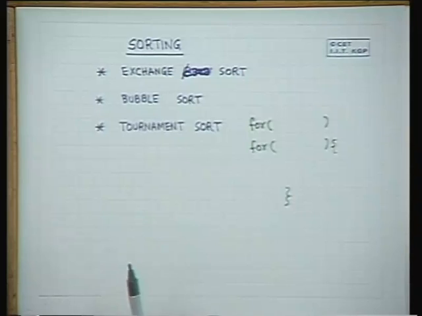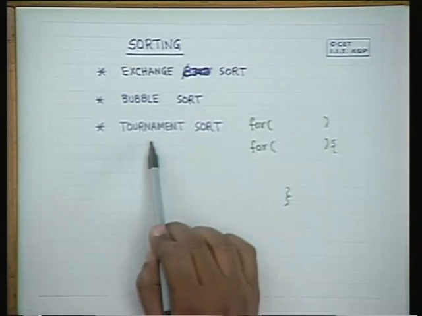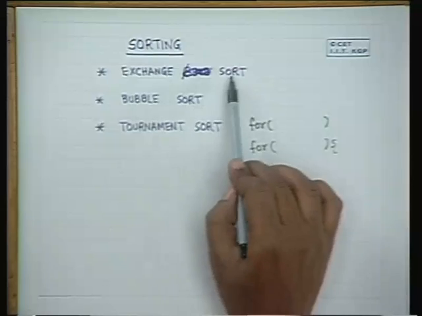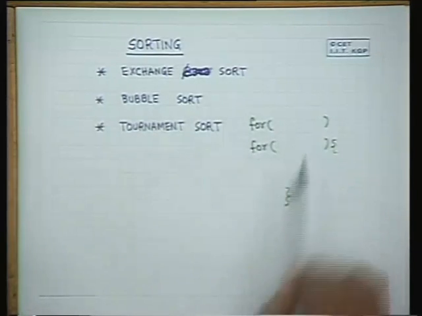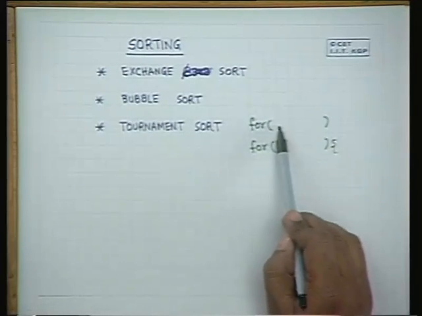And in tournament sort, we set up a tournament, we found out the minimum, then we found out the second minimum, then we found out the third minimum. That is the sequence in which we did it. If you look at these 2 sorting routines also, and if you analyze the loops, then you will see this part of the program